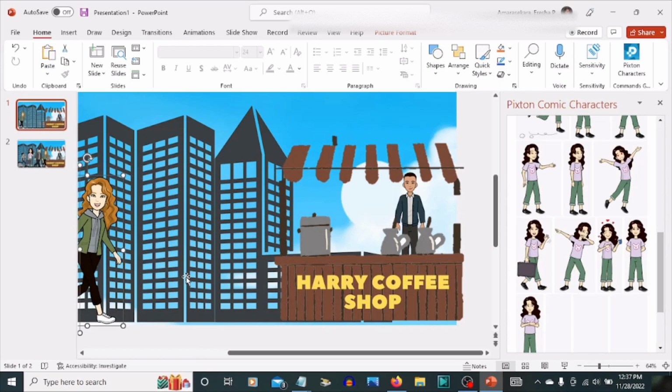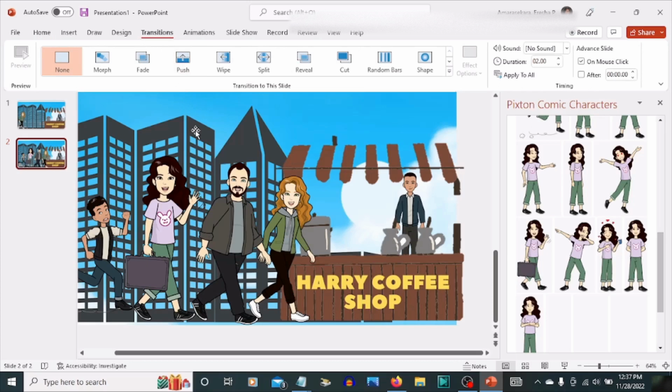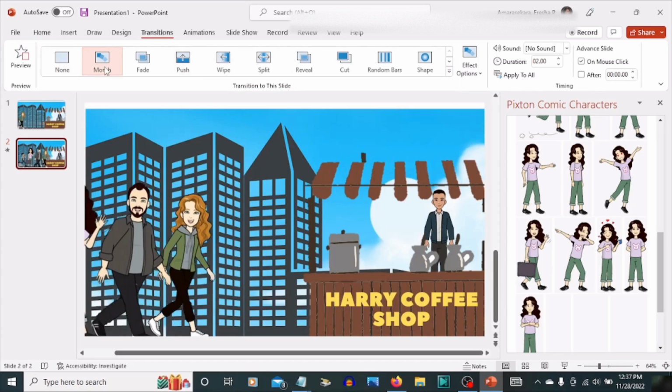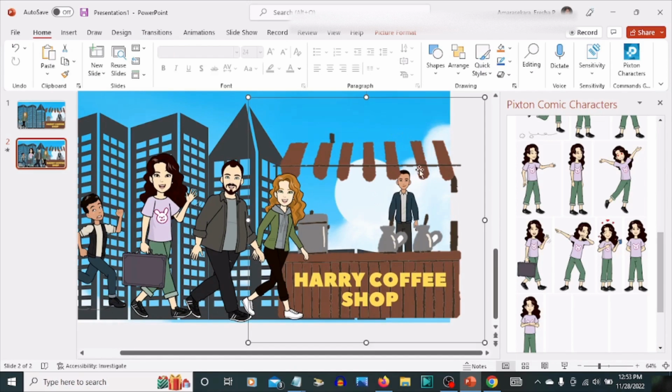Okay, now I'm going to select the second one and go into transitions. You can see that, click on that transition and click Morph. You can see now they move into Harry coffee shop. Now I'm going to create myself for animation. Then going to add-in, click add-in. Then you can see select,